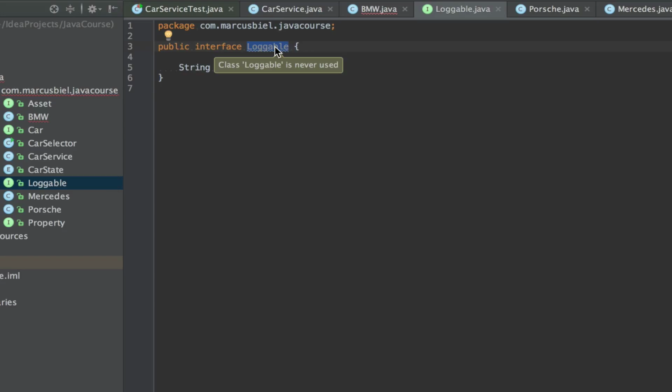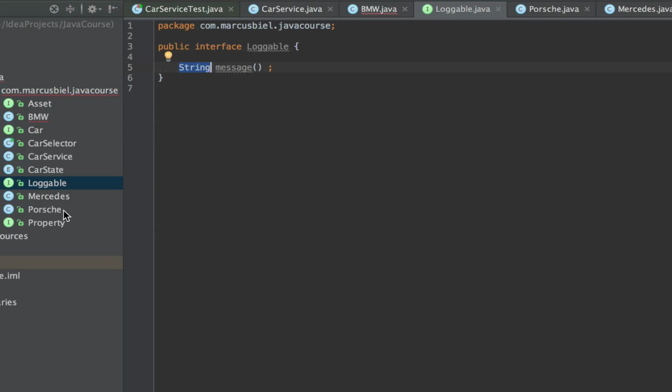Could be cars, persons, whatsoever. Everything can be loggable. And I defined that in order to be loggable, such a class must implement a method called message, which I can later call in my logging framework, because I know that whenever I have a class that implements loggable, it will have a message method that I can call, and it returns a string that should be used for logging purposes.